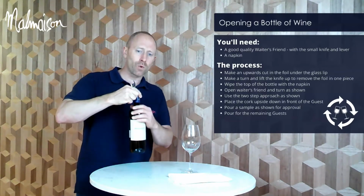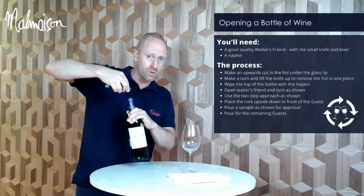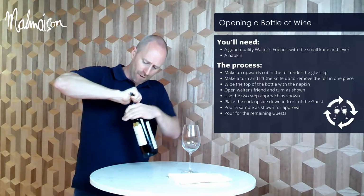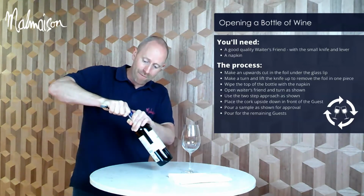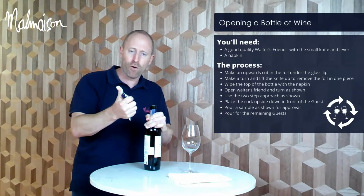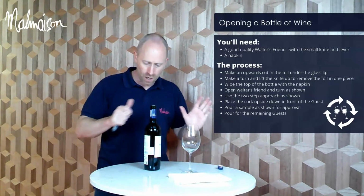So we take the bottle and very neatly and carefully, we're just going to take the knife, and when you take the knife, just angle it upwards towards the top, and then just do a full turn of the bottle with the label coming back facing towards the guest. And then we just lift the knife up a little bit, which will allow the top section of that foil to peel off in one piece. That foil is rubbish, so that can go in your apron